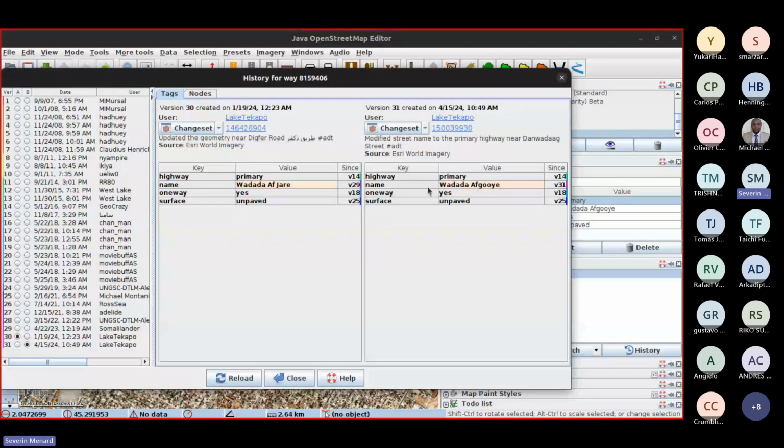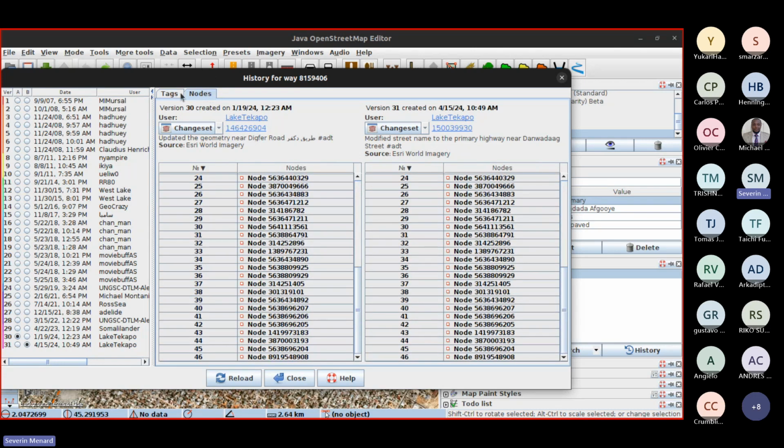And this one, that's the name. Okay, it has been changed. I'm neither an Arabic speaker nor someone that knows these issues, so I cannot have an opinion on that.